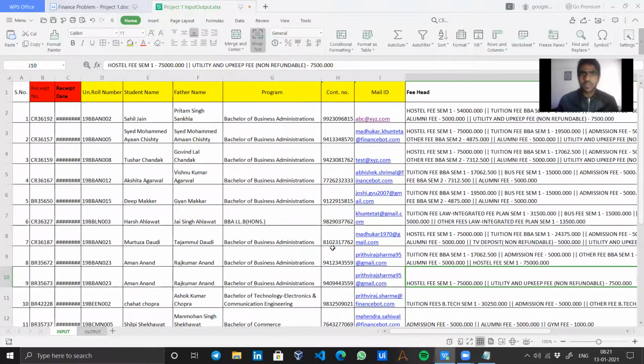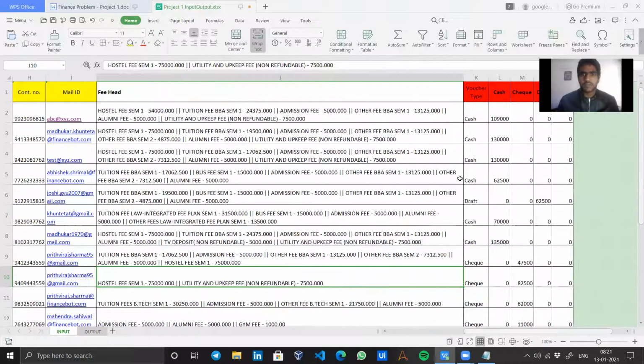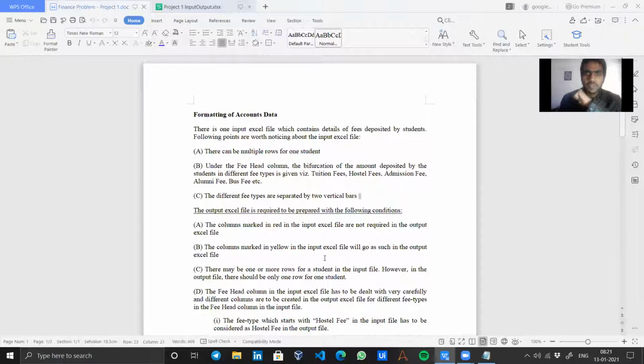Over here we might need a data table. We need so many columns to be stored in this data table itself. And then let's think about one more thing. Right now we have hostel fee, tuition fee, admission fee, other fee, utility fee, and alumni fee. Six columns. But the problem statement says that there can be any number of columns. I read it somewhere over here. Yes, and an asterisk keyword is used. So that means it's not only six columns.